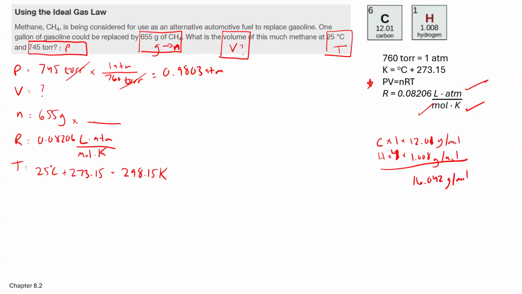All right. So we know grams have to be on the bottom, 16.042 grams of CH4 per 1 mole CH4. Grams cancel out, right? And so we have 655